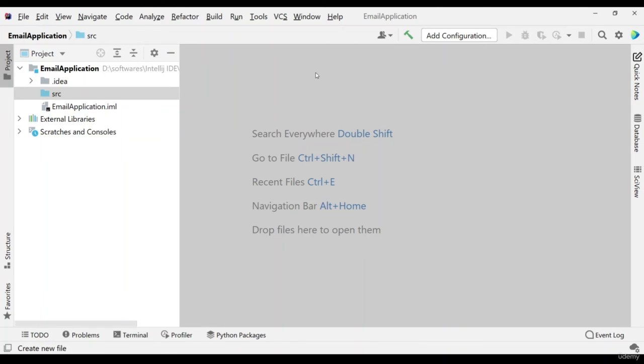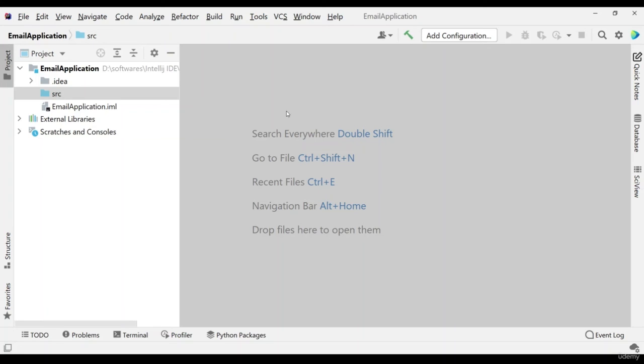What we need is to create some Java files. So we need to create a Java class. But before that, I'm going to create these Java classes in a package. What is meant by a package in Java is that I'm going to store those specific classes in some folder. This is a very basic project. In further projects, we are going to create some large projects. In that case, we need to create different packages, like in the industry also. For small requirements, we can create small packages.